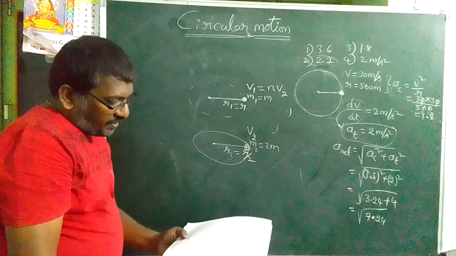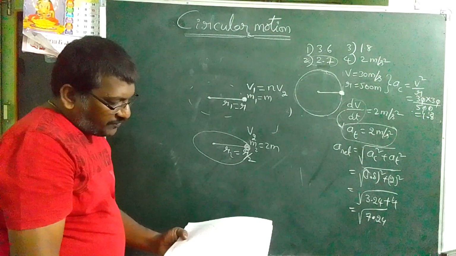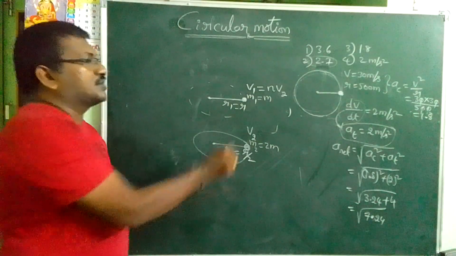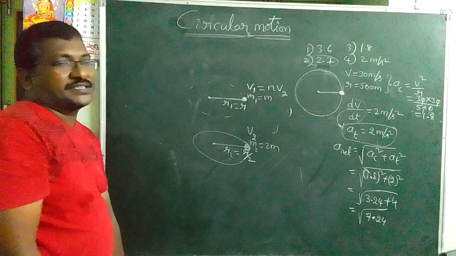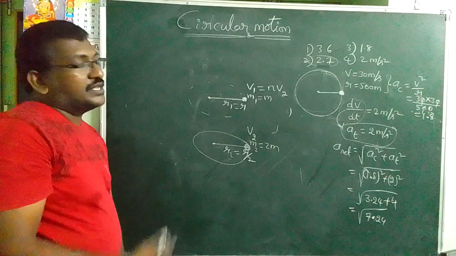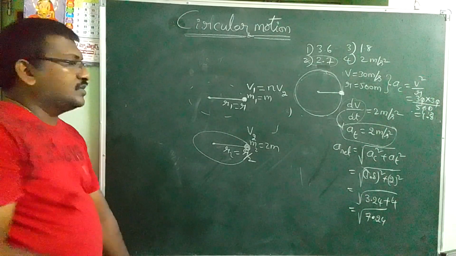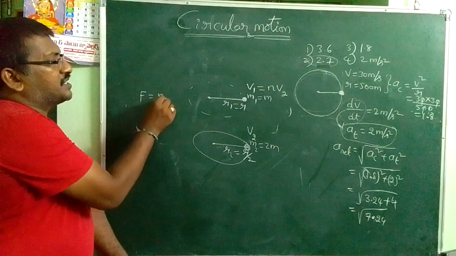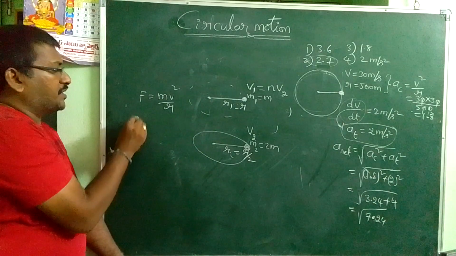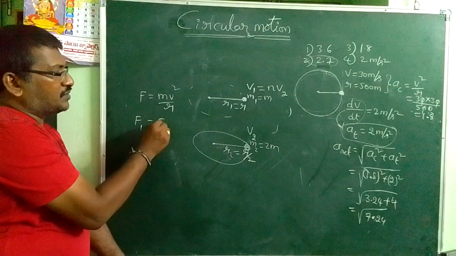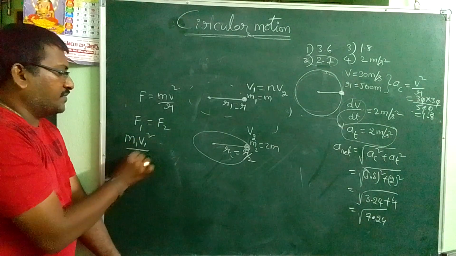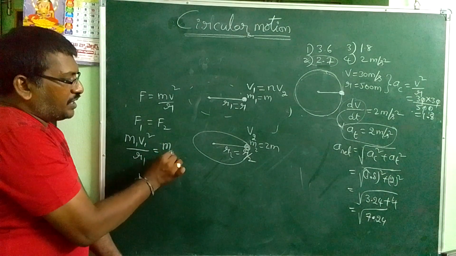When they experience the same centripetal force, the value of n is. What is our condition? Here the two particles experience the same centripetal force. Then what is the n value? We know the centripetal force formula: F is equal to mv square by r. From the problem, the centripetal force acting on the lighter particle is equal to that on the heavier particle. So by using the formula, you can write m1 v1 square by r1 is equal to m2 v2